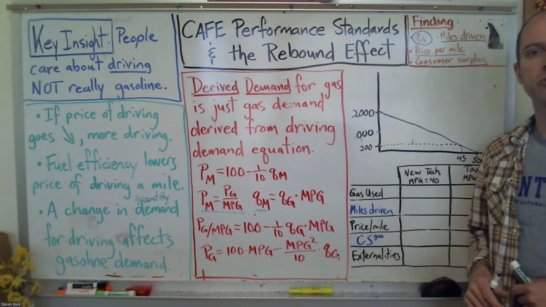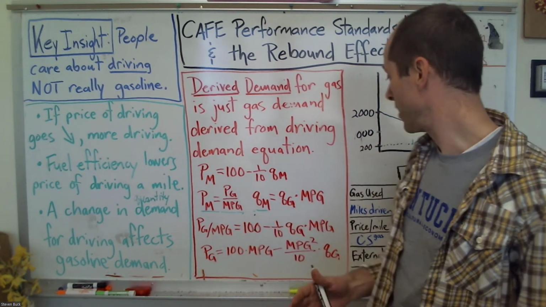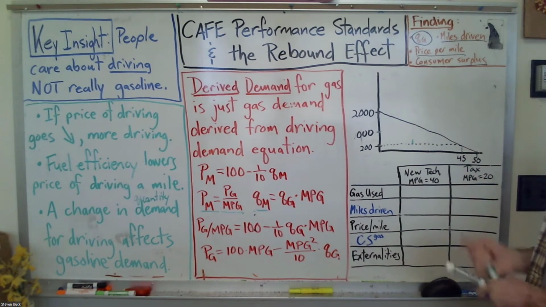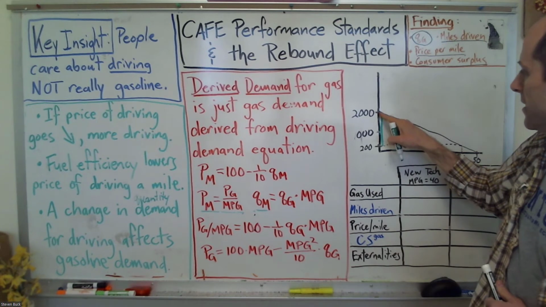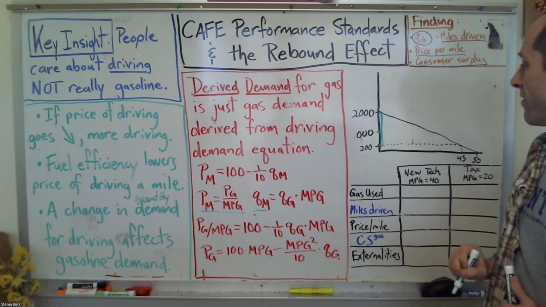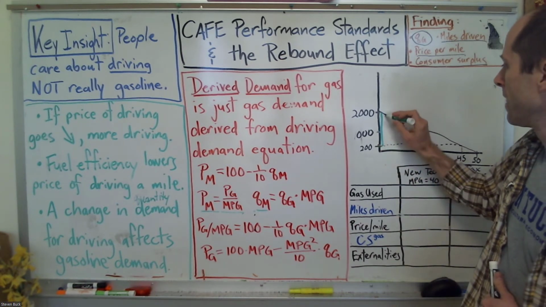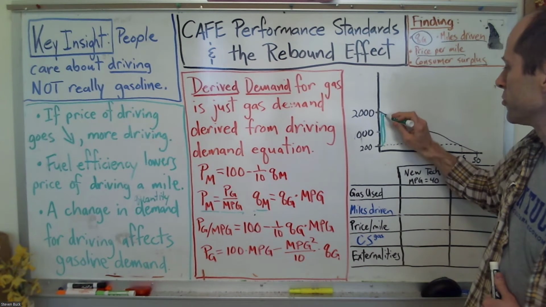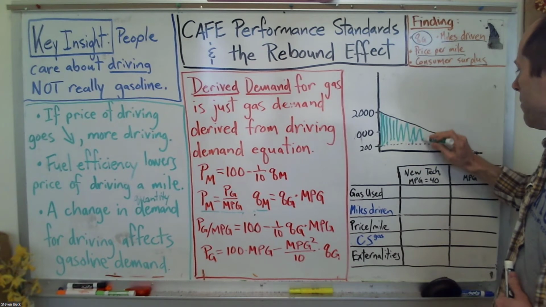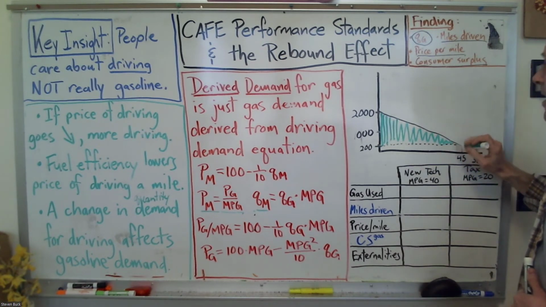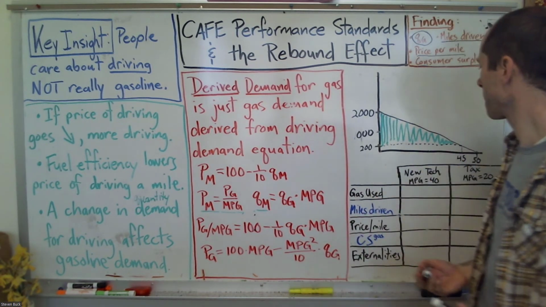The last thing is consumer surplus. You guys are excellent at calculating consumer surplus at this point. Remember, the consumer surplus on the first unit consumed is the difference between the private marginal benefit curve, which is our demand curve, and the price paid, which is 200. The second unit of consumer surplus, the third, so on and so forth. This is our consumer surplus under the initial technology.